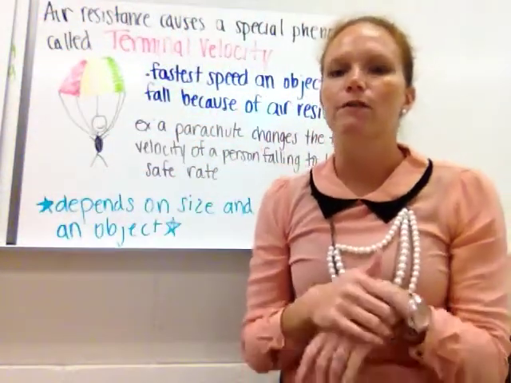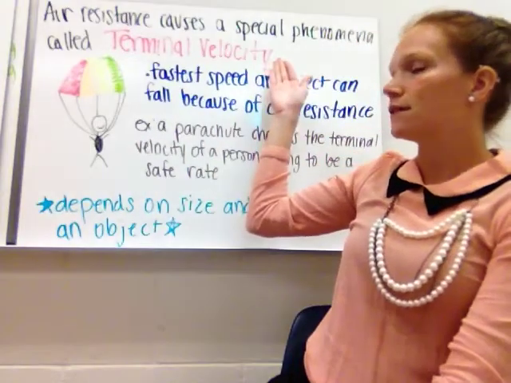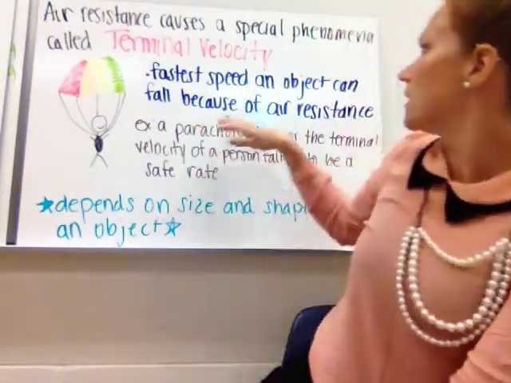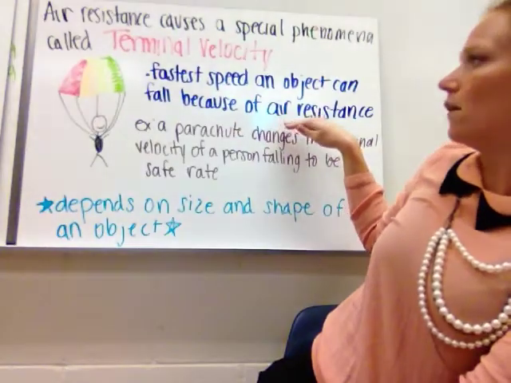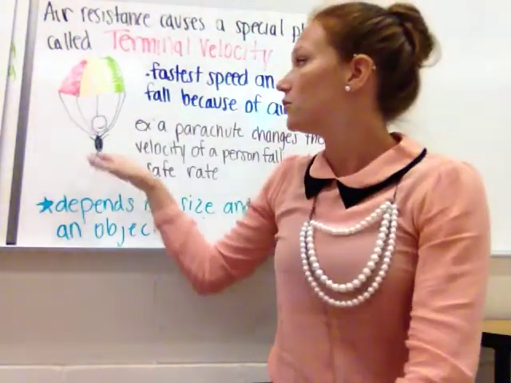Air resistance leads to a special phenomenon called terminal velocity. Terminal velocity is the fastest speed an object can fall because of air resistance. Parachuters take